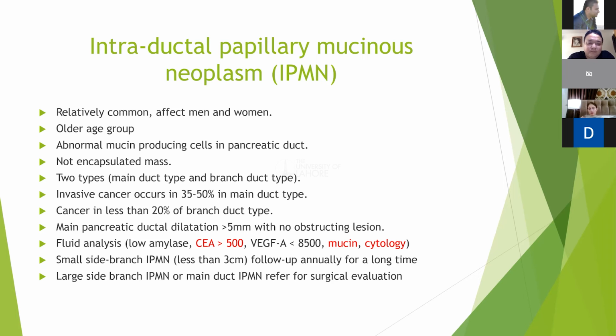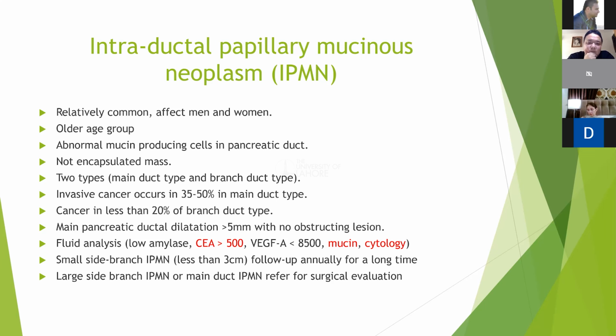In fact, the imaging findings may be similar to chronic pancreatitis. It will progress from hyperplasia to adenoma to dysplasia to carcinoma. Invasive carcinoma occurs in 35 to 50% of patients with main duct type, but malignancy is much less common in the branch variant. Even when carcinoma develops, it is less aggressive than the typical pancreatic ductal